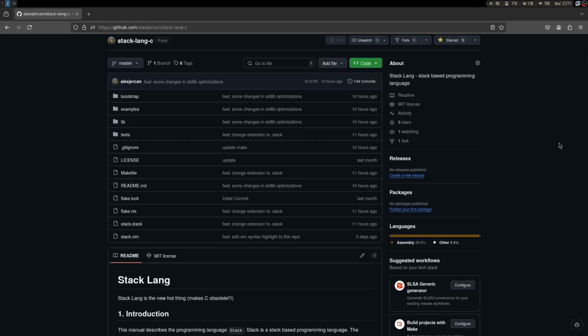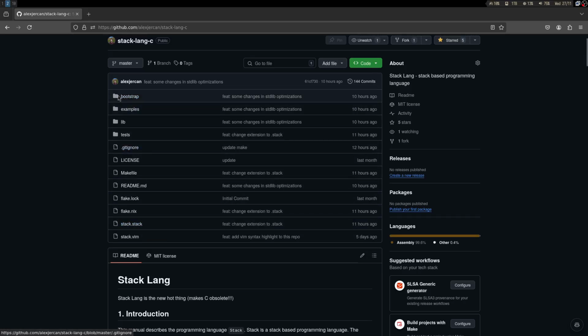Alright, so as you know from the last time, we've managed to implement the stack compiler in itself, and something that I've changed was to just rename the extension to stack because SL was taken by slash or something. It's not even a real programming language like stack is, but whatever. And we've also managed to remove all the C code, as you can see from the GitHub statistics from the repo. And yeah, I know it doesn't recognize stack as a language because GitHub sucks, but yeah,